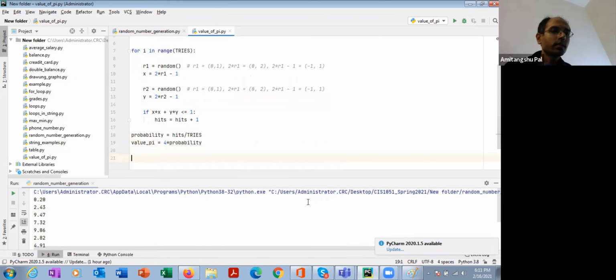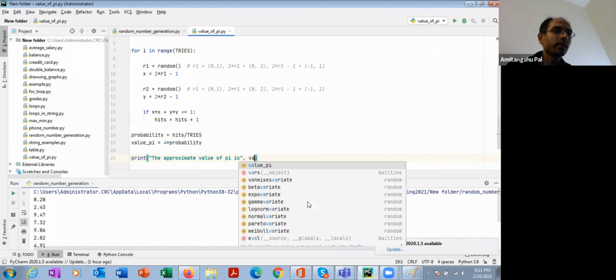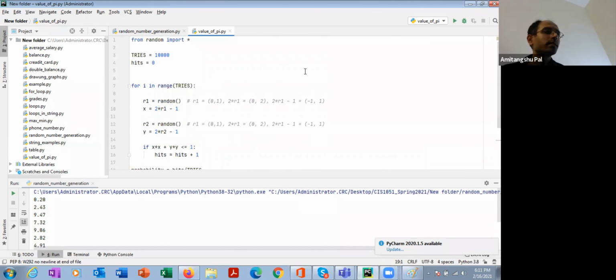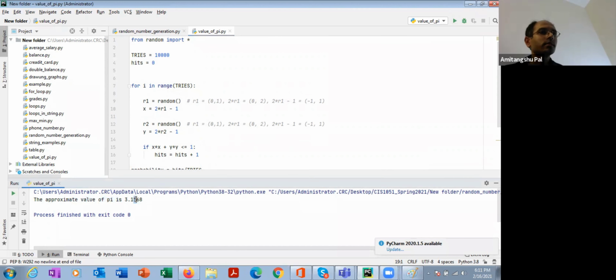Then I can print the approximate value of pi is the value. Let's run this experiment and check. You'll see that the approximate value of pi is 3.1568, very, very close to 3.1.